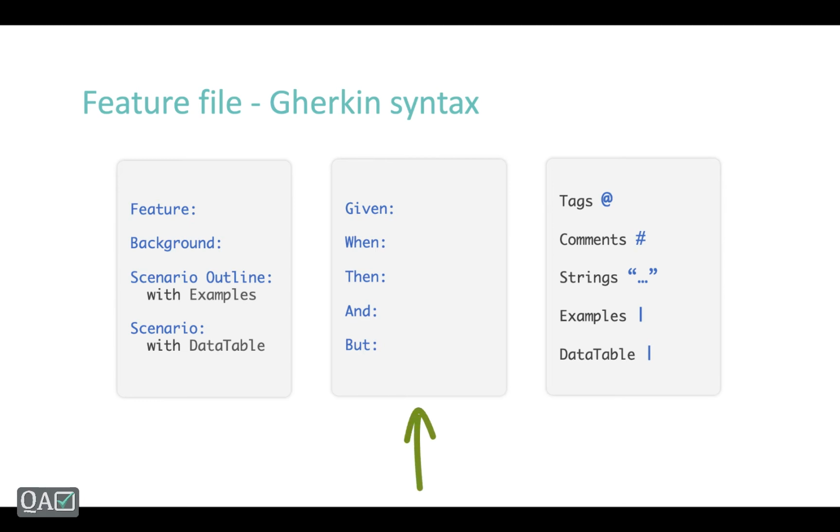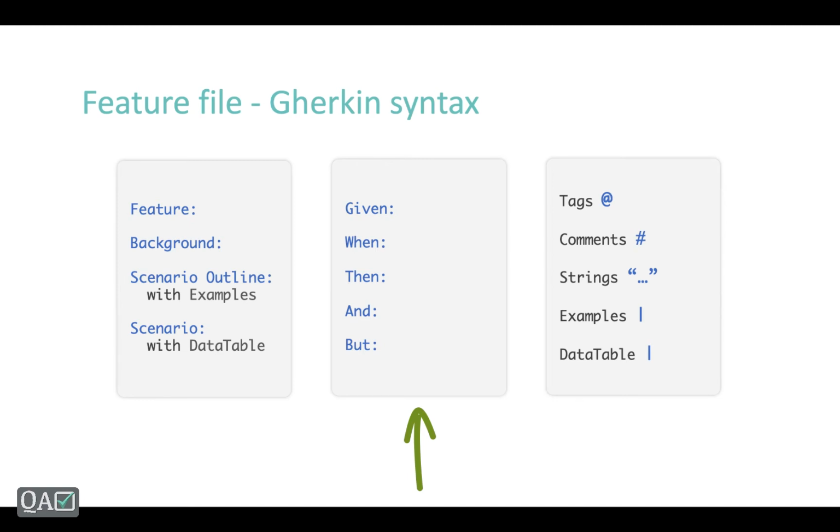Now Given is something like a precondition. As I was telling, the Given would be: Given user is on Facebook page. Okay, then When user clicks on username field, Then verify if the username field is filled with the content. So as you can see from this example, Given is a precondition, When is basically used where the user is performing an action on the browser elements, and Then is where you are validating something.